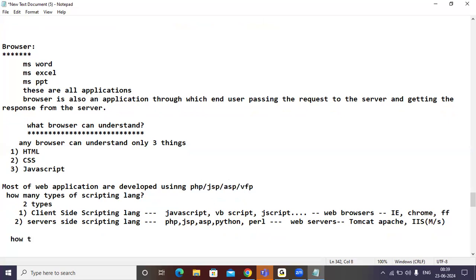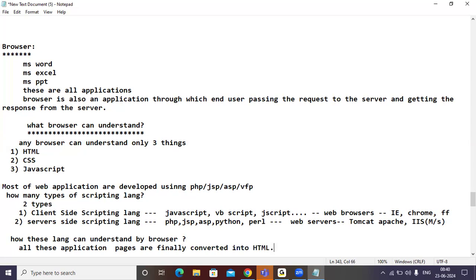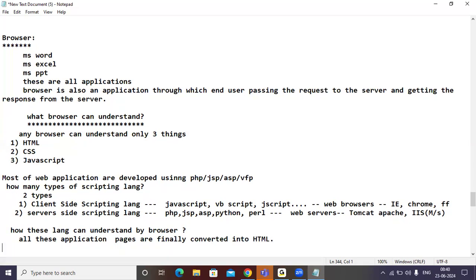The answer is that all these languages, or all these application pages, are finally converted into, come on, what is this? HTML. Understand everyone? Pratika?